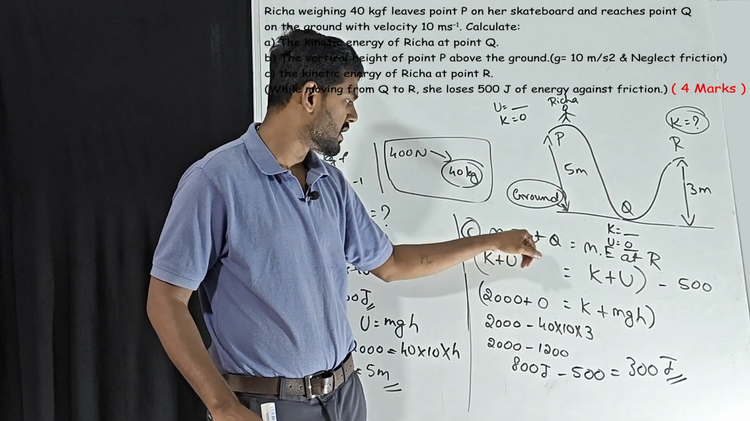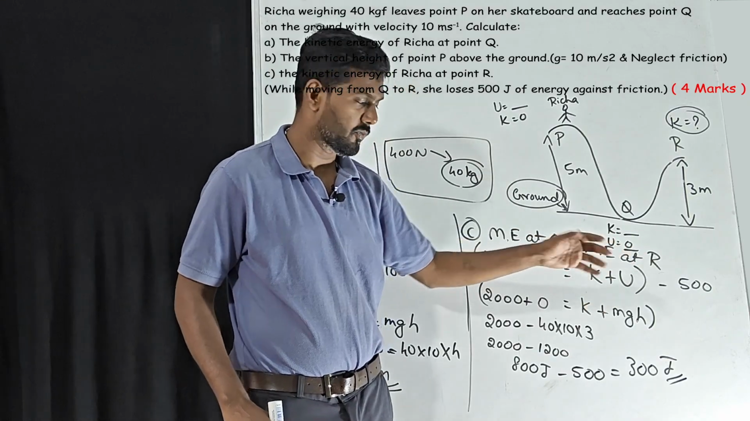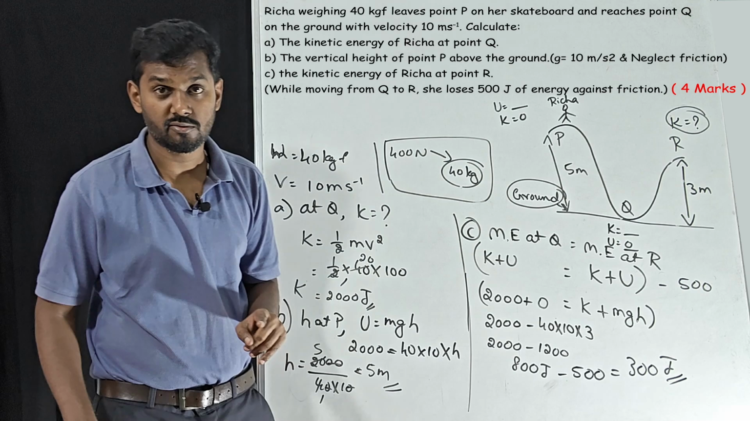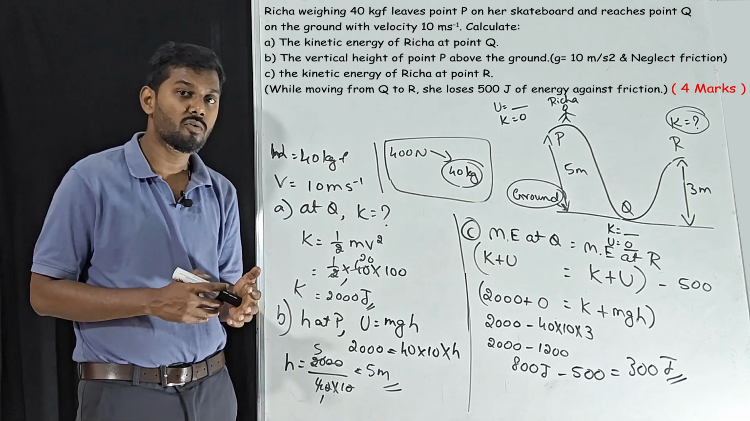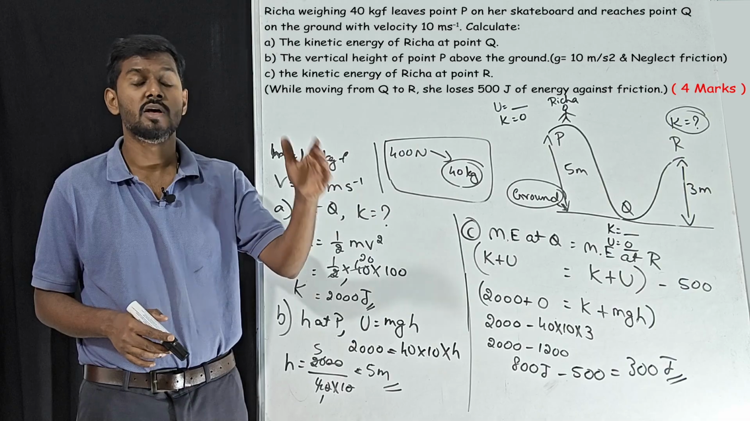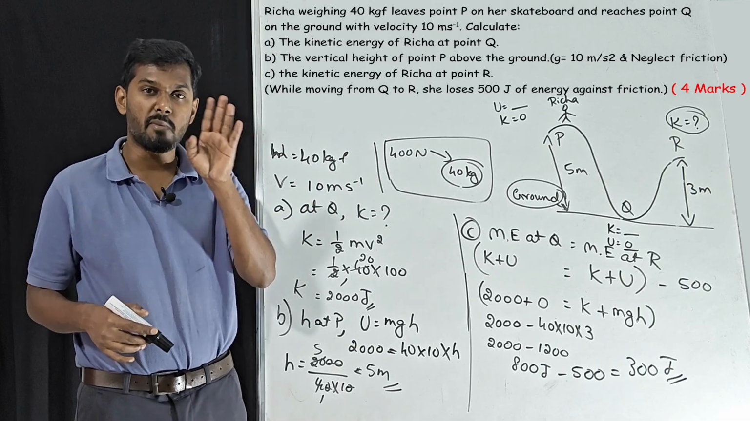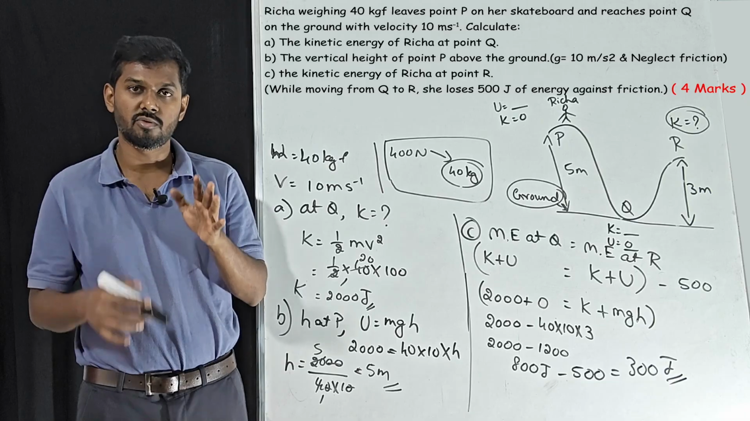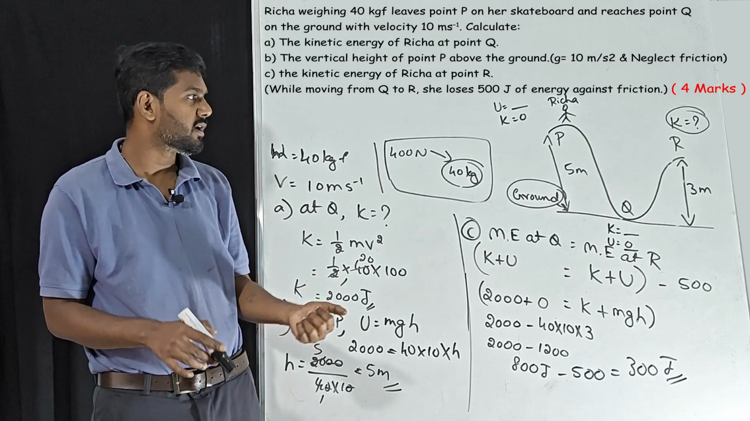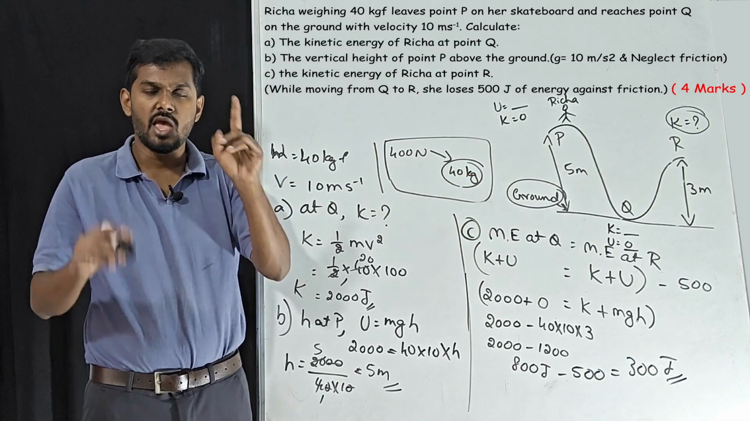Mechanical energy means K plus U at Q. Mechanical energy at R is nothing but K plus U. Substitute the values, get the answer. Finally, don't forget to subtract the loss of energy. Now we have completed work energy power related previous year papers from 2017 to 2025. See, in work energy power, a maximum of 4 to 5 mark questions will be there in the board paper. So these kinds of questions, based on mechanical to kinetic, kinetic to mechanical conversions,